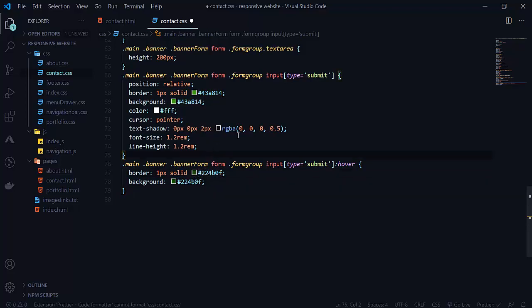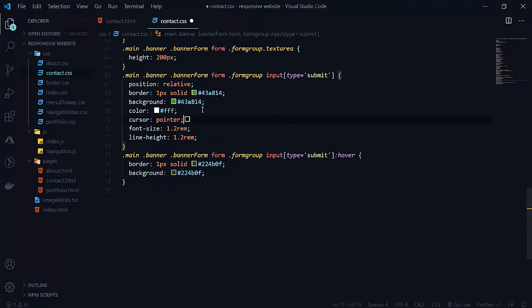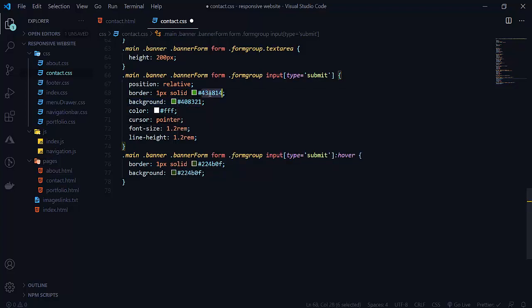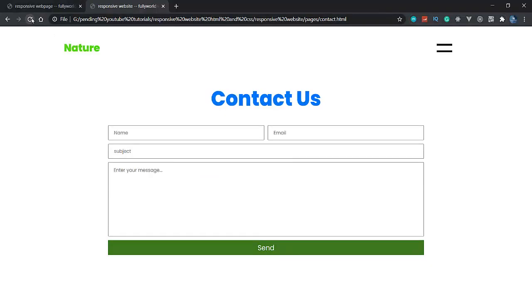So here we don't want any text shadow now, so let's make it a little more darker, like here. Copy this and paste it here. So save it. Now let's see. See that when I click here, now we are getting a little darker here. So now our contact section is also completed here.